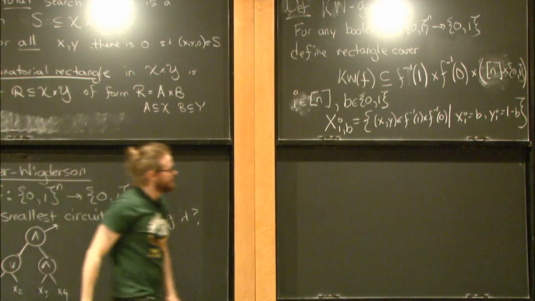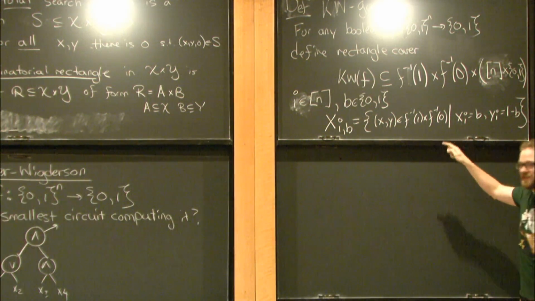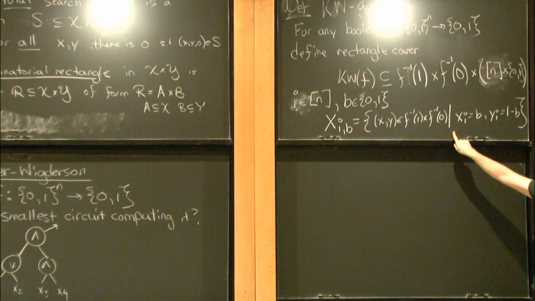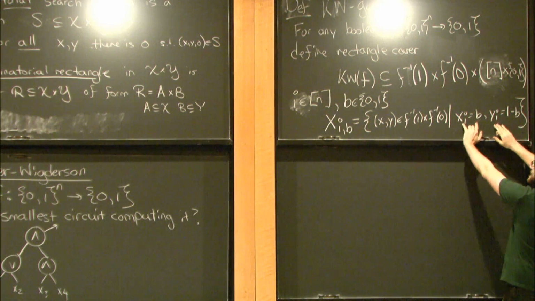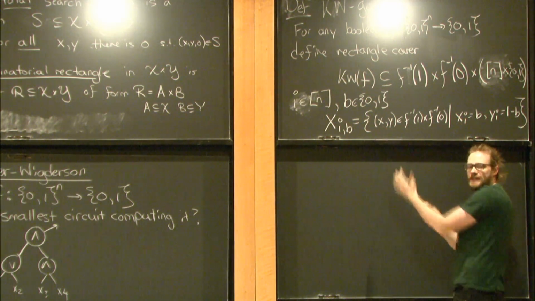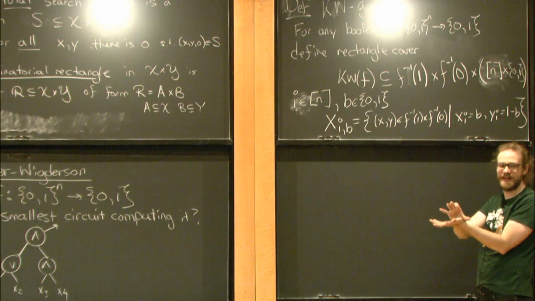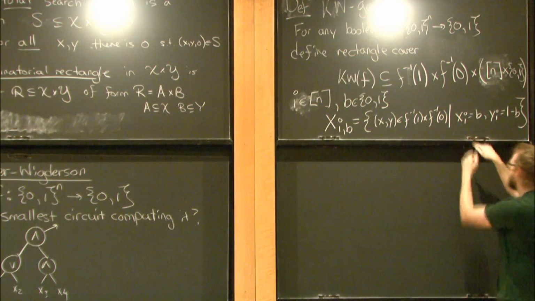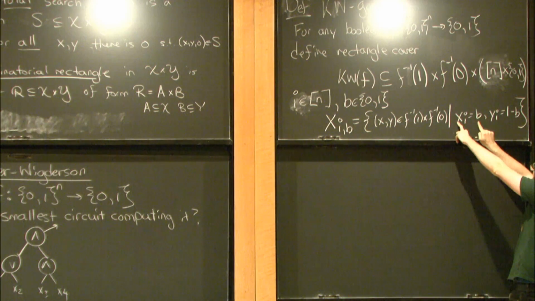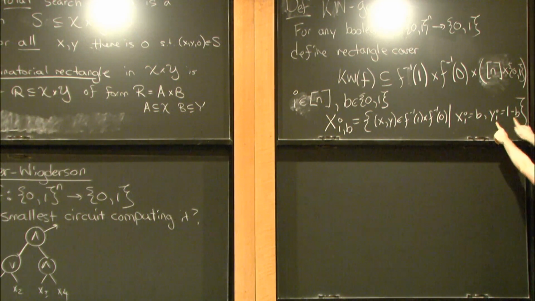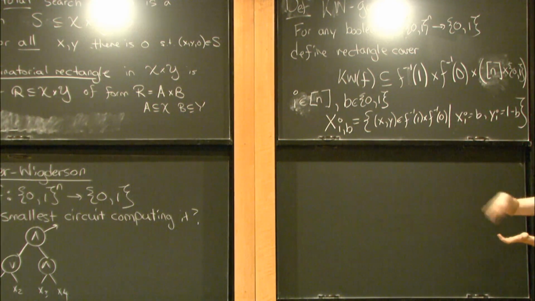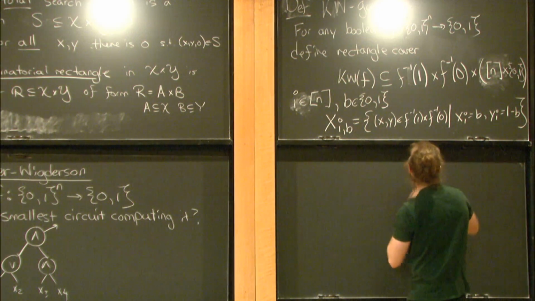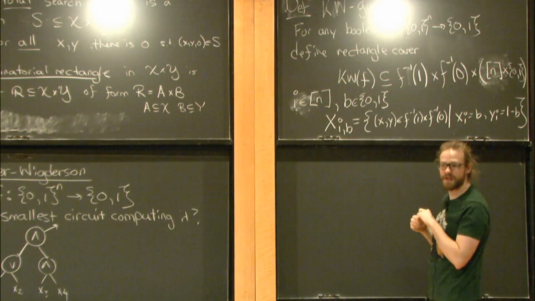And so a real question is why is this a combinatorial rectangle? The reason is that whether or not x and y are in there, there's no correlation between the two sides. Alice can look at x and decide if the i-th bit is b, and Bob can look at y and decide if it's 1 minus b. They don't need to do any communication in order to decide that. They can each do their checks independently. Are there any questions about that?